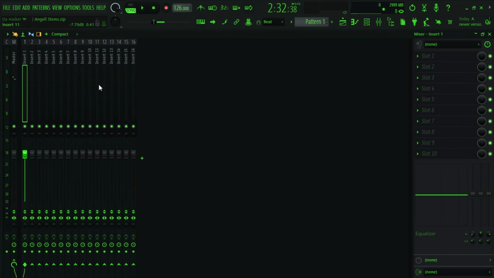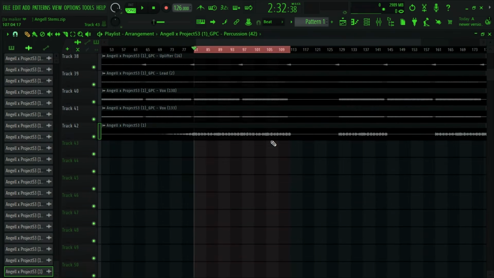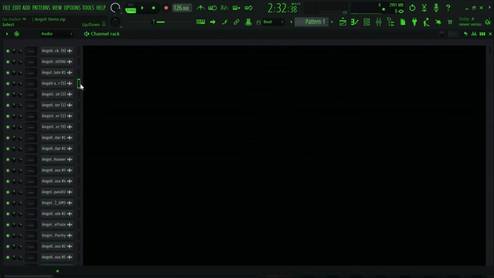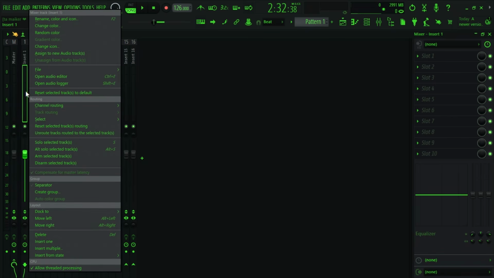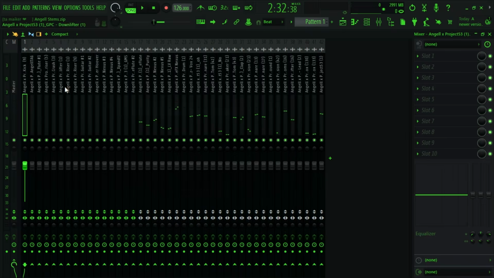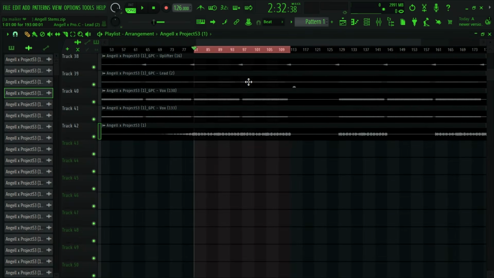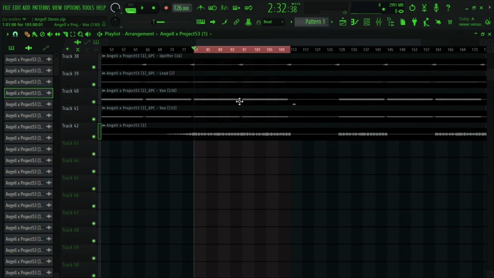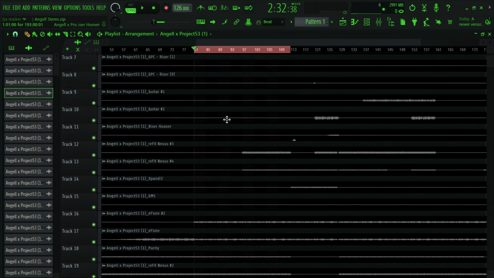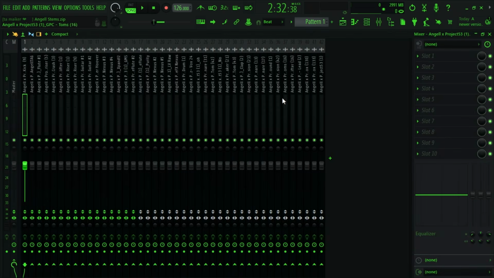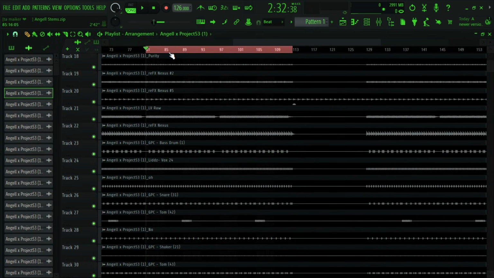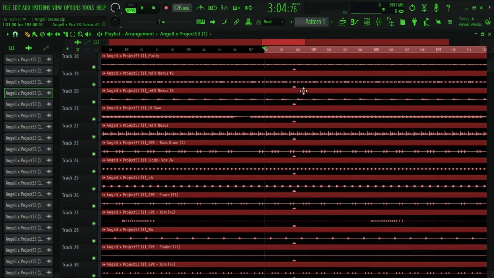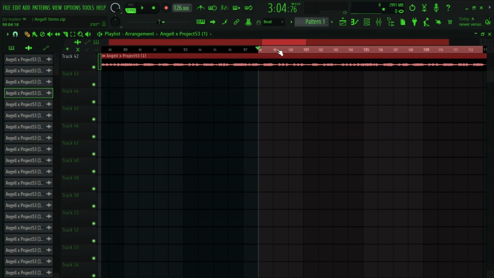I already assigned everything. Oh, I thought that I assigned everything to the mixer, but let us go ahead and do that. Now this is going to be very confusing because everything is labeled angel this, angel that, but we can make it work. I think I shouldn't have titled the project like this when I was saving, but it's nothing we can't handle. So basically you're going to select the loudest part of your song, so that everything is